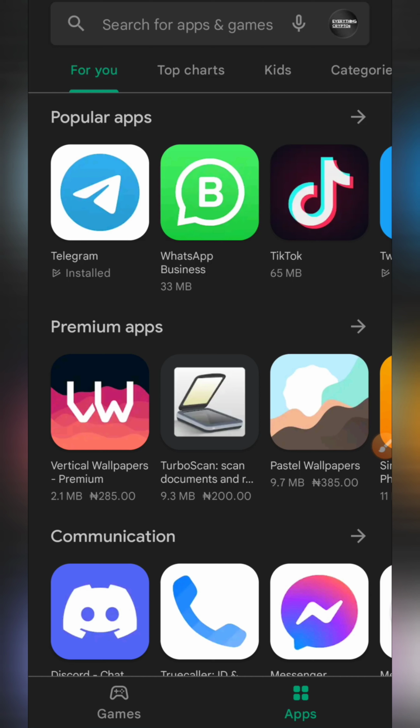Hello guys, in this video I'm going to show you how to recover deleted photos on your Android device. So if you mistakenly deleted a photo from your device, by watching this video you are one step closer to